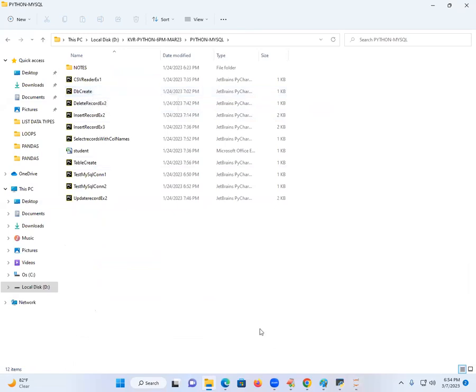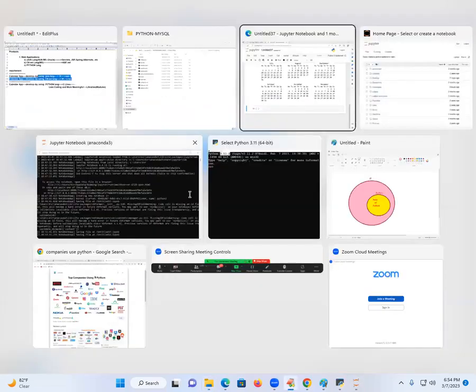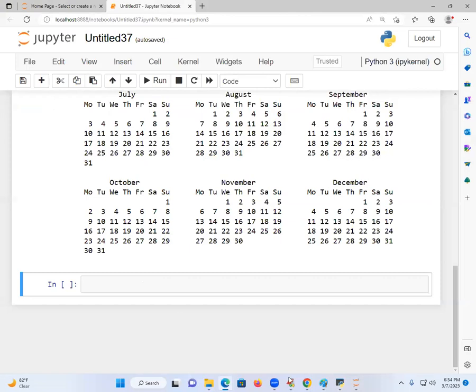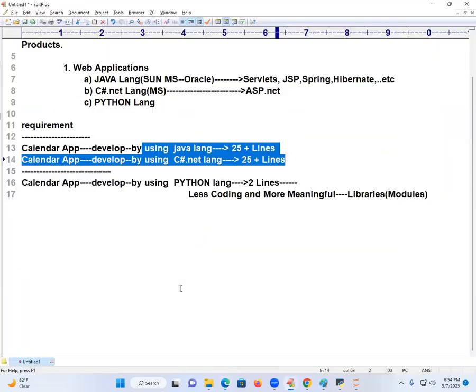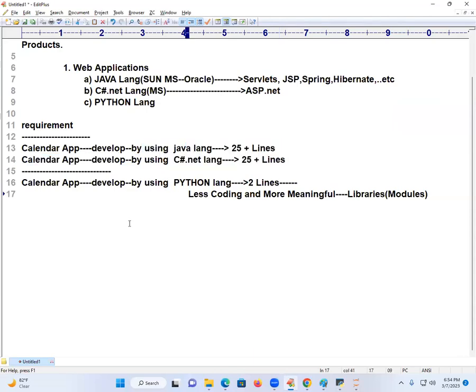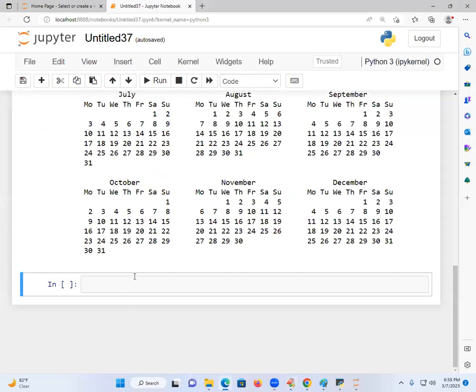Now, one more example I will show you. I want to generate an OTP. In our financial transactions, OTPs are important. If I want to go for OTP development in Java, I need to write a minimum of 20 lines. Compulsorily I have to write it. The same thing in .NET, and the same thing in other languages. But when I come to where? Python, there is a module called what? Import random. Spell it out.